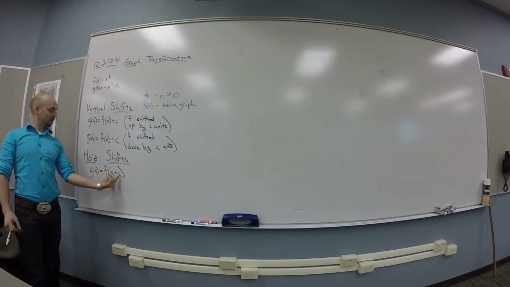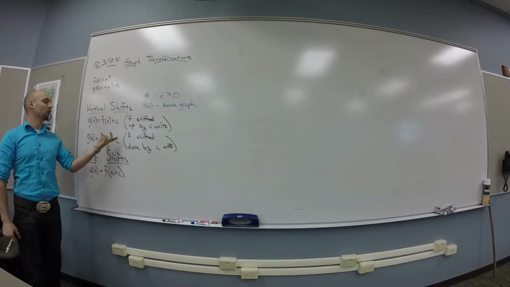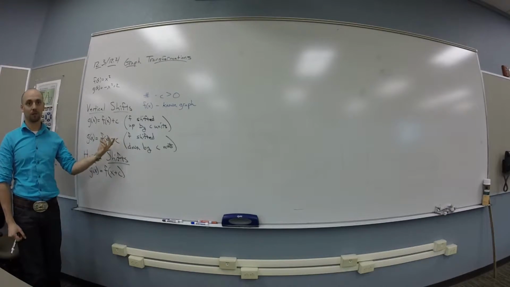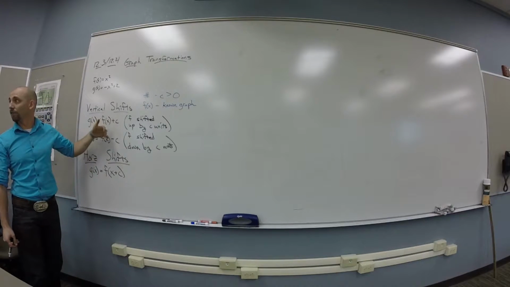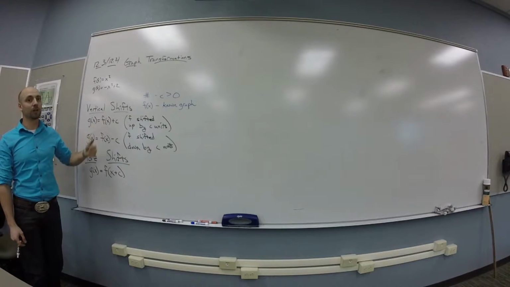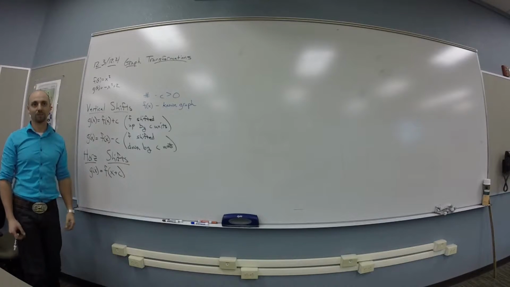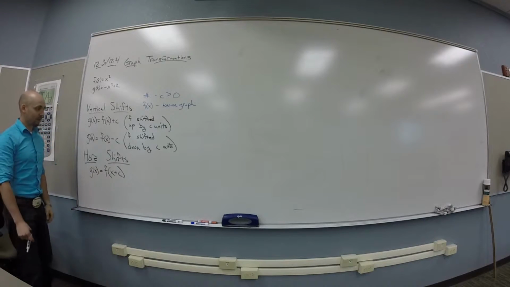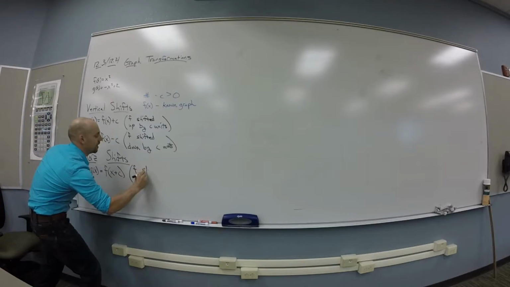Really, because I'm saying, is this happening to the x's that I plug into the rule? Like, is this an input thing, or is this an output thing? Okay. You guys see that? These guys, the ones that happen after, those are going to manipulate the outputs, right? So those are going to do things vertically. These ones are going to manipulate the inputs, so they'll do stuff horizontally. So this f of x plus c, that's going to be f shifted